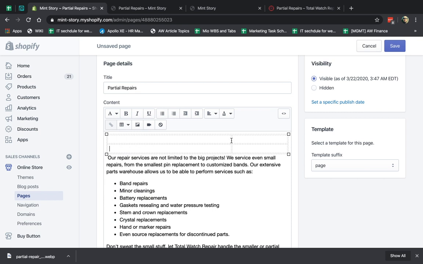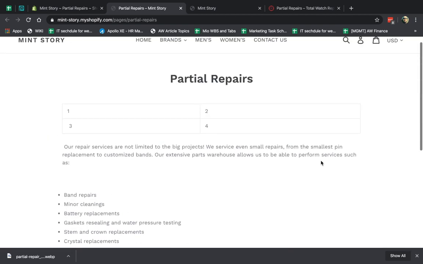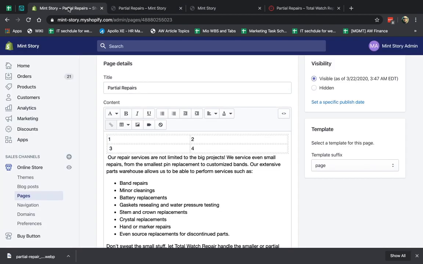So now I'm going to have a double column. I can adjust this, for example. So this is 1, 2, 3, 4, and I'm going to save this. So I want to show you what a table actually is. It's just like you can hear, it's a table, right? So now I have a table here, and you can insert other things like a link.